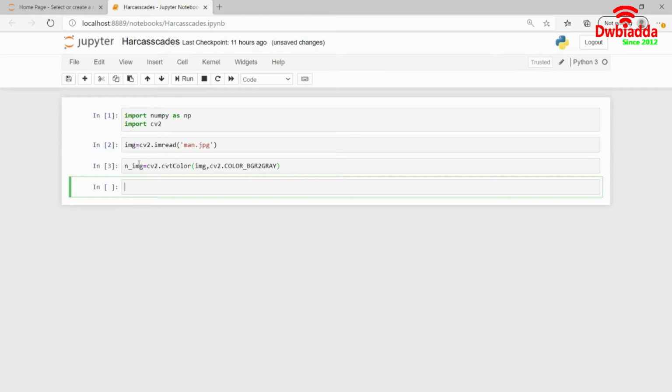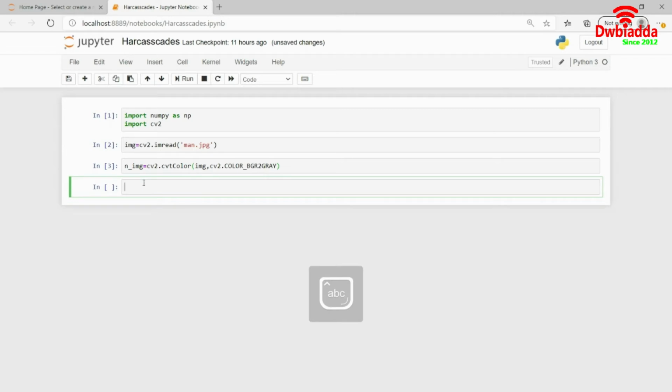Now I have to detect eyes on the face of the person. For that, first I have to detect the face, which will give me my region of interest, and based on the region of interest I have received from the face, I will search for the eyes using the Haar cascade file. So even if you are searching for eyes, first you have to detect the face and then you can search for the eyes in the image.